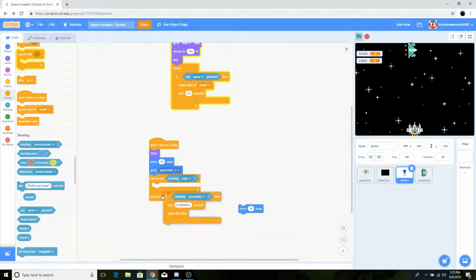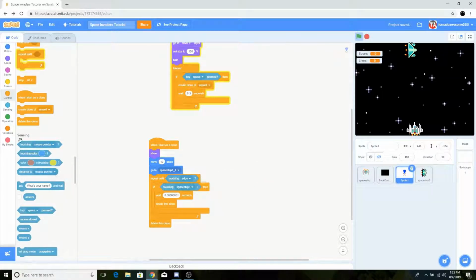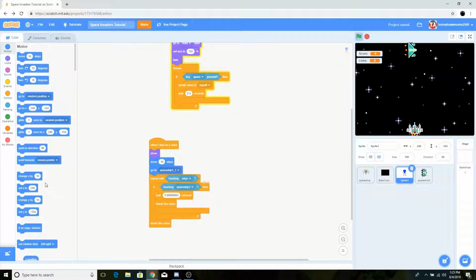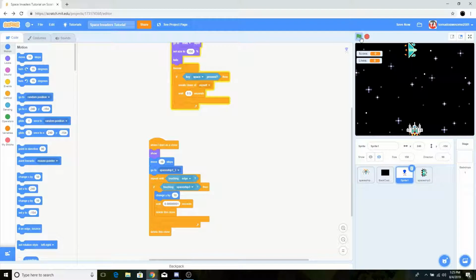Remove the move 10 steps. Sorry, that was my fault. And go to motion, and then click get the change Y by 10. So that should work now. Oh, guess not. So I guess